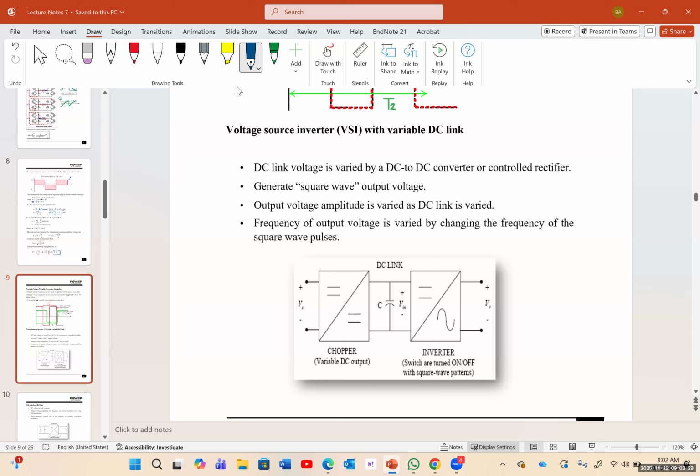The DC link voltage is varied by a DC to DC converter, as you mentioned, like a boost converter or controlled rectifier. I won't recommend a rectifier again because it's good for very small voltage and small applications, but the problem with the rectifier is you're going to lose like 30–40% of the power. And we generate a square wave output voltage,